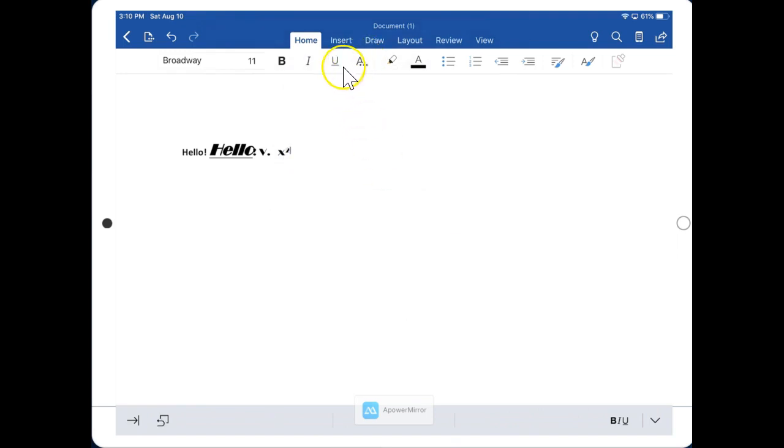So there are formatting tools here. We also have a color option. We can change the text color. You can add bullets. You can add numbers. And here, these are where you add